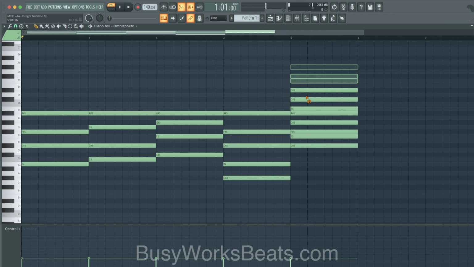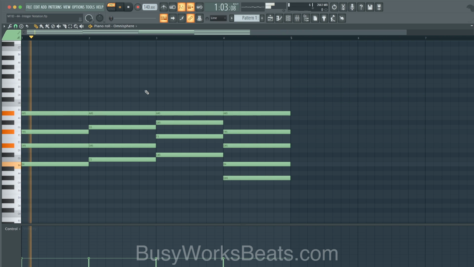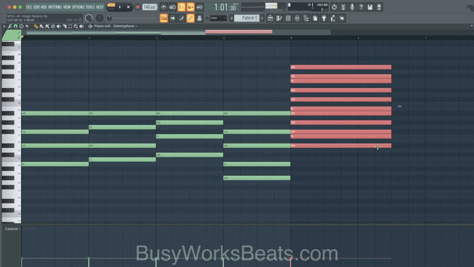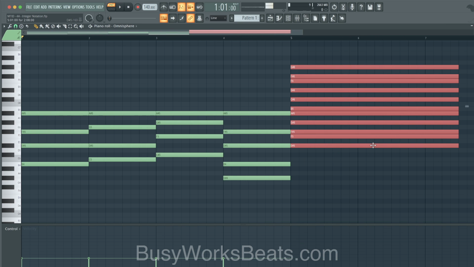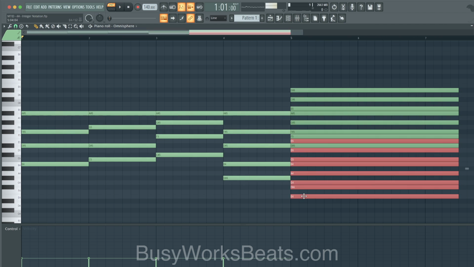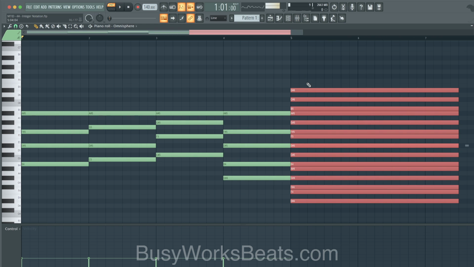Not that that's essential to this teaching, but the whole point was just to show you that this scale is E flat minor. So here are the notes. And what I'm going to do now is overlap these notes with the chords to see. Hold on, let me make this easier to consume. I didn't make this the easiest to look at. Okay, so now we're going to overlap these notes and see which notes are actually in the scale and which ones are not in the scale.